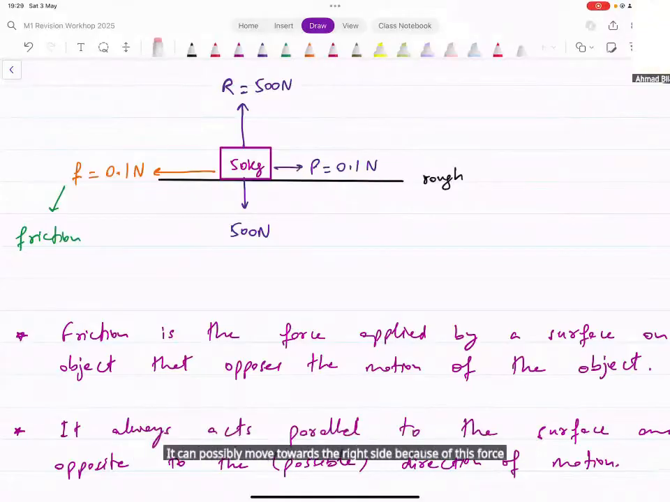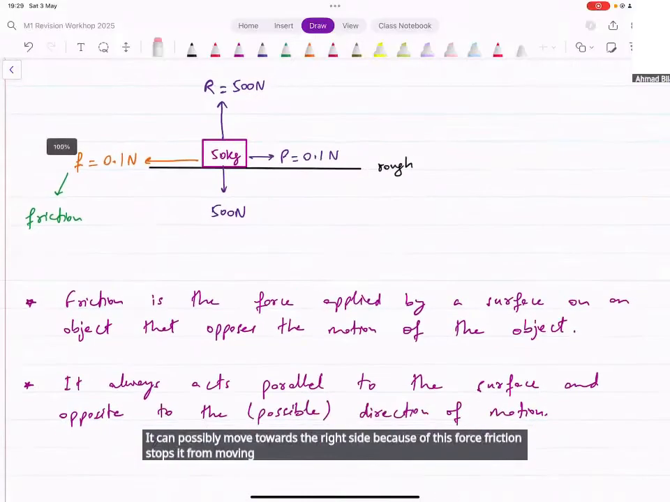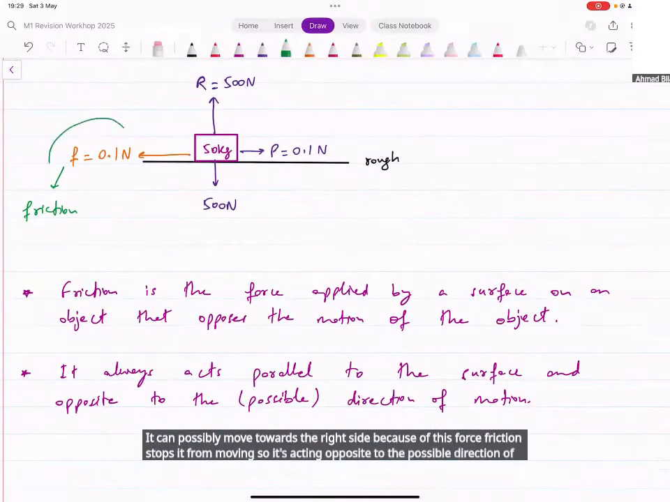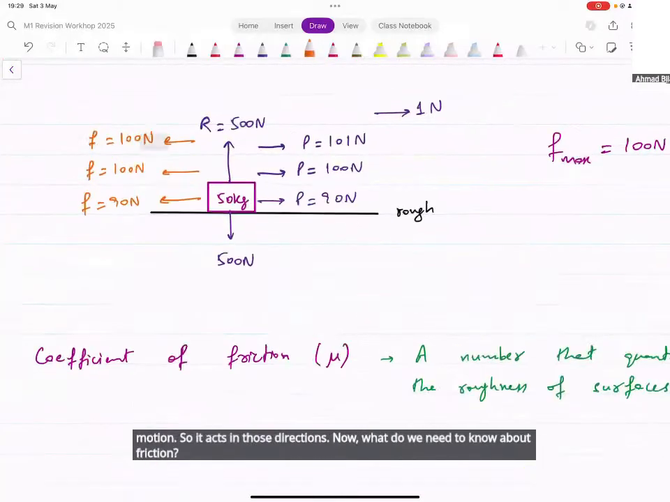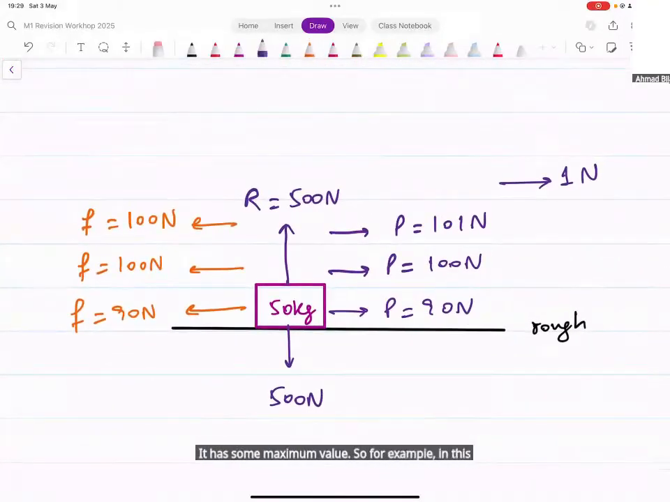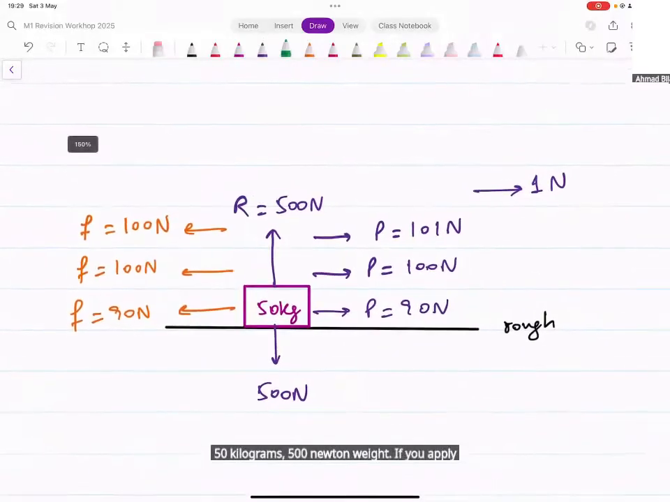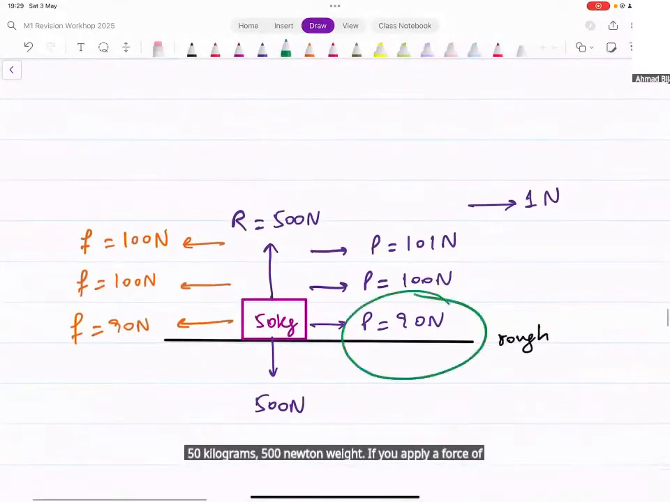Friction stops it from moving, so it's acting opposite to the possible direction of motion. So it acts in this direction. Now, what do we need to know about friction? It has some maximum value. So for example, in this case, if you have an object, 50 kilograms, 500 Newton weight, if you apply a force of 90 Newton to the right side,